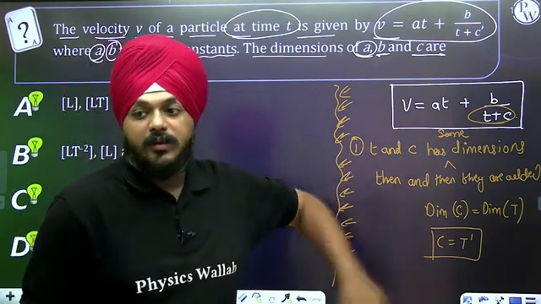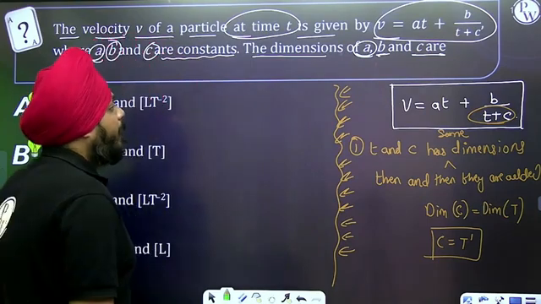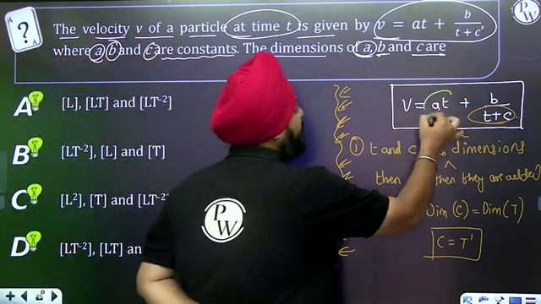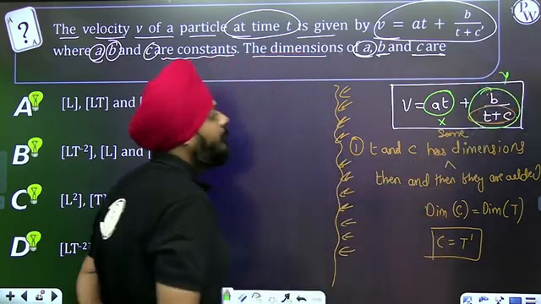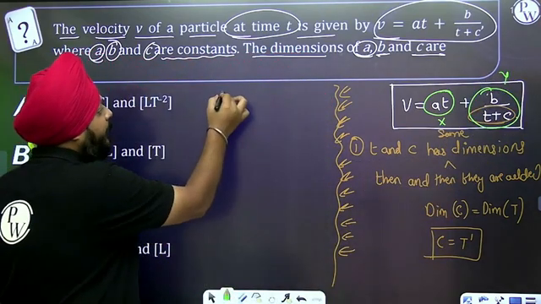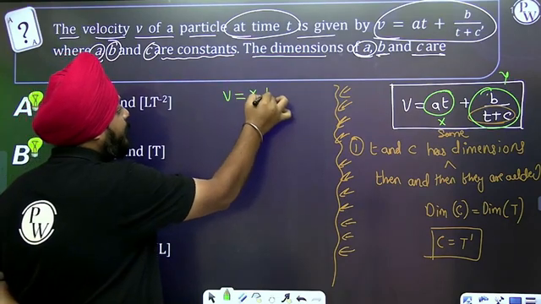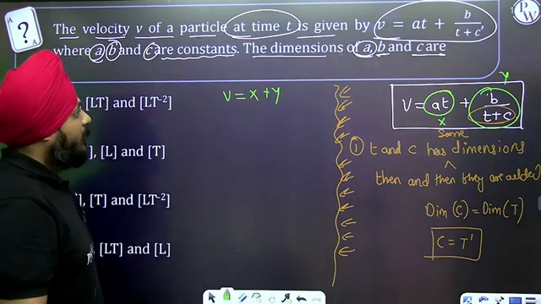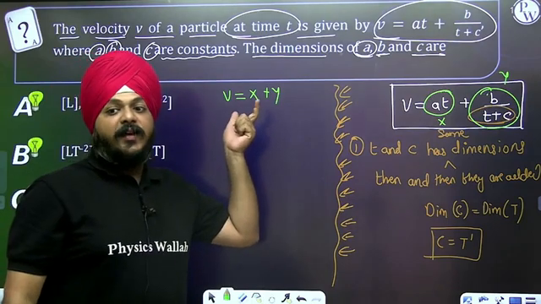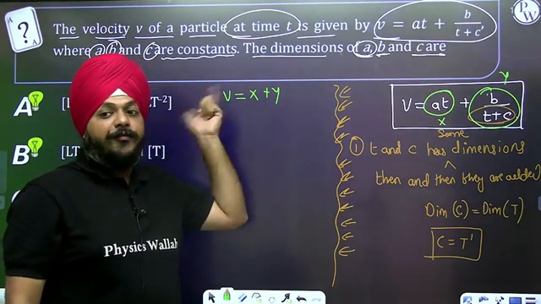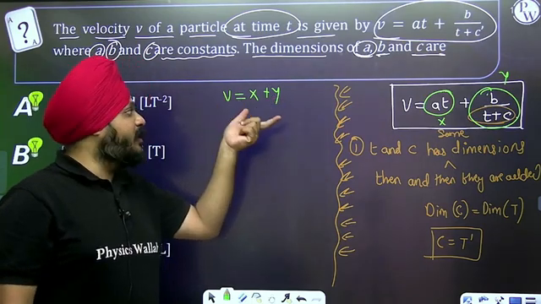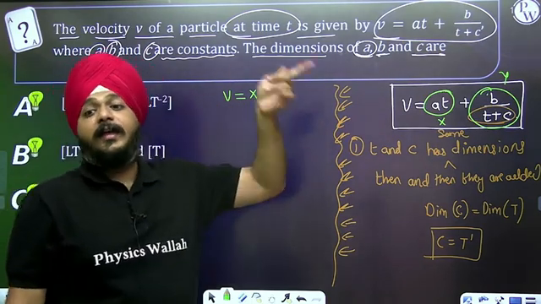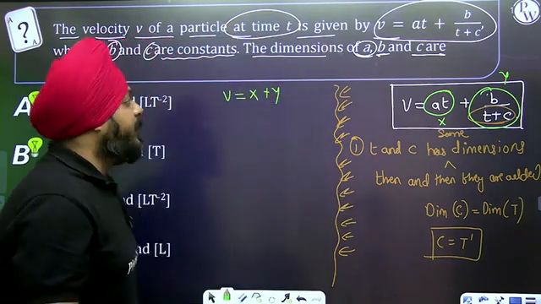So we got it. Now, suppose I consider this as X and this entire term as Y. Can I rewrite this expression as V is equal to X plus Y? X has the same dimensions as V. Y has the same dimensions as V. Then they are added. It means that